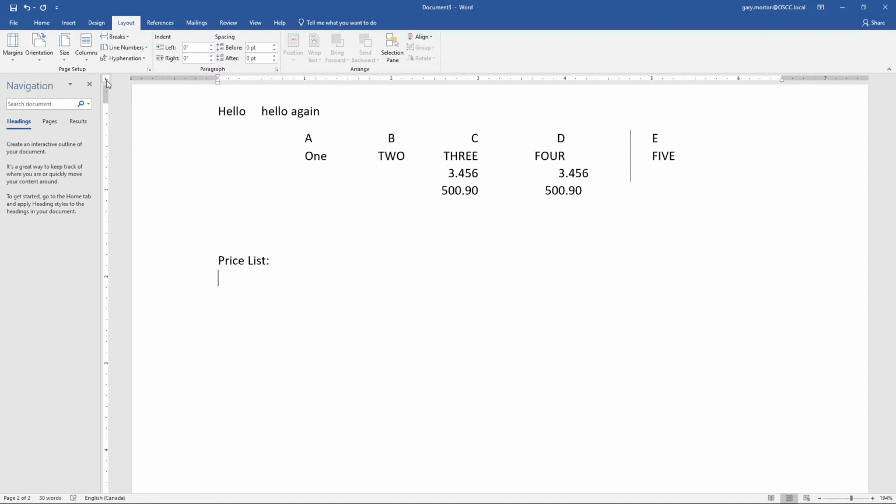Instead of going all the way through where I went paragraph and then the tabs button, there's a much easier way to do this. Click on, you see in the top left corner, just to the right of the navigation pane, there's a little symbol that looks like an L right now. If you click on that, that changes to the different tab types. So if we click through,